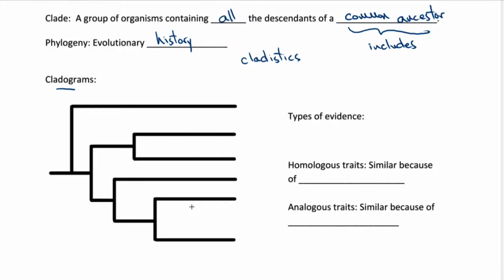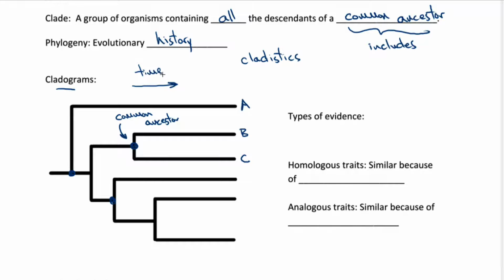phylogenetic tree. Here's an example. Each branching point that we see here or here reflects a common ancestor. It also represents a speciation event. So if these are species A, B, and C, then this point here is the common ancestor of B and C, and it's also the speciation event whereby the lineage that gave rise to B and that gave rise to C split. Over here, this would be the common ancestor of A and B and C, and time is going